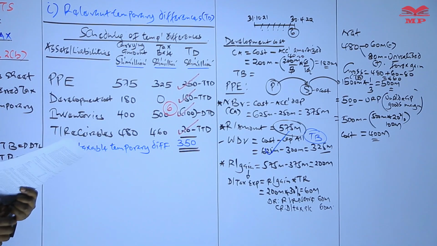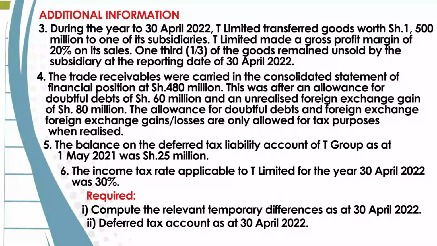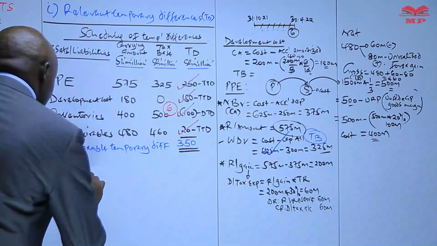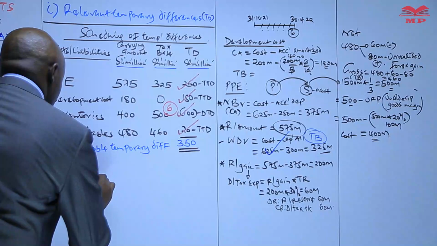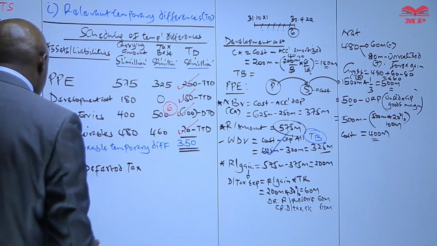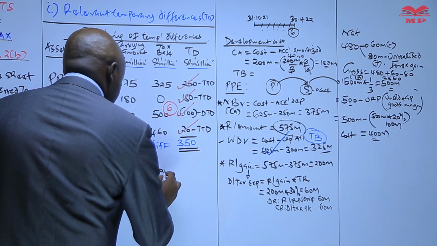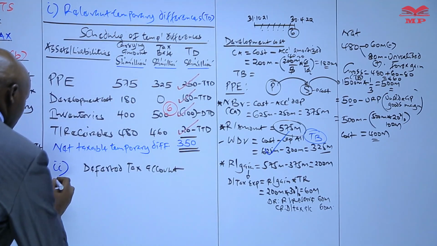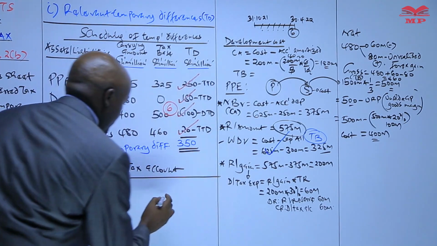So let's move to Roman 2 of the question. In Roman 2, we are required to prepare the deferred tax account. So this one is basically quite simple